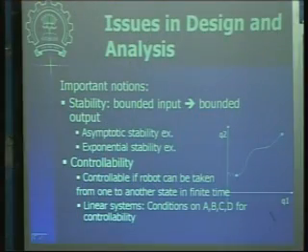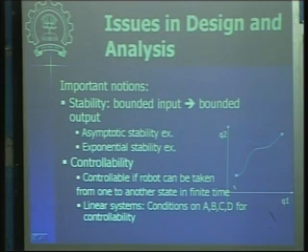Then there is a notion called controllability. For that, say you have a state space, where I have plotted q1 and q2, which is like a coordinate space. I am just using 2 coordinates here, but in general for a robotic manipulator there may be a number of such coordinates,